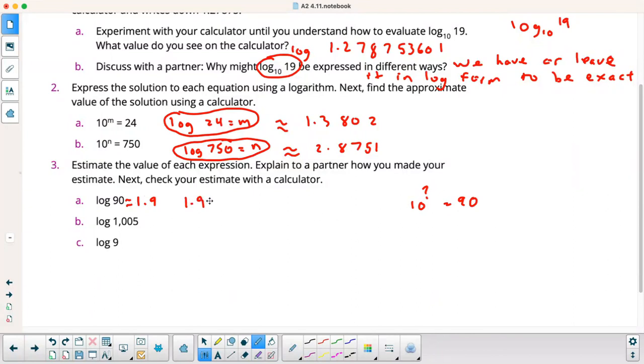It's 1.9542. Okay. So this is more accurate. All right. Base 10, because there's no base written. 10 to what power equals 1005. Well, 10 to the third is 1,000, so I'm going to say like 3.01 is my guess. And then I type it in, log of 1005, and